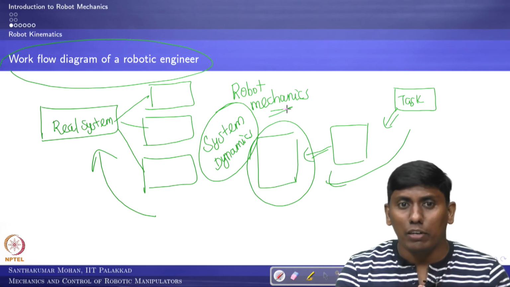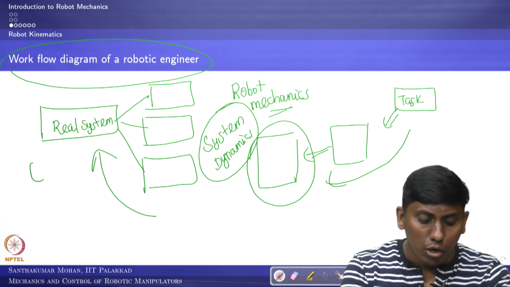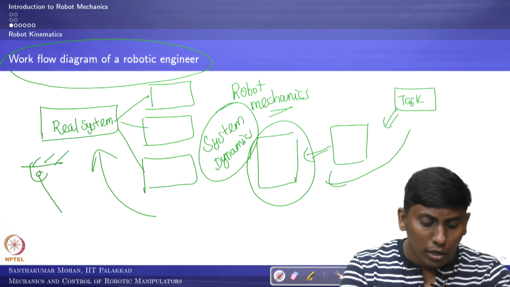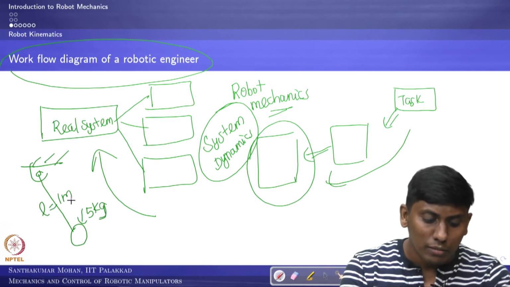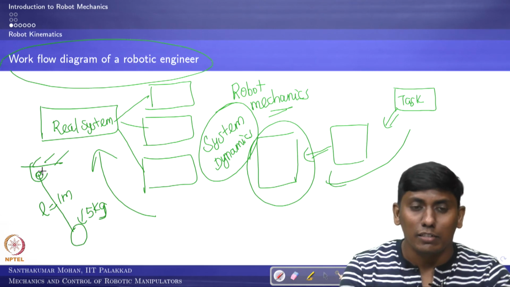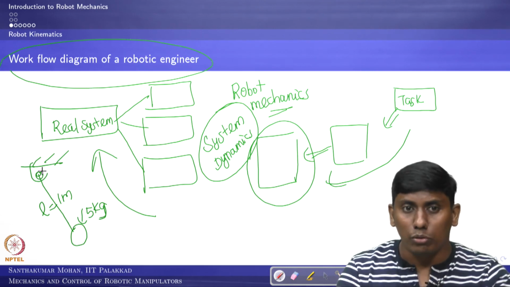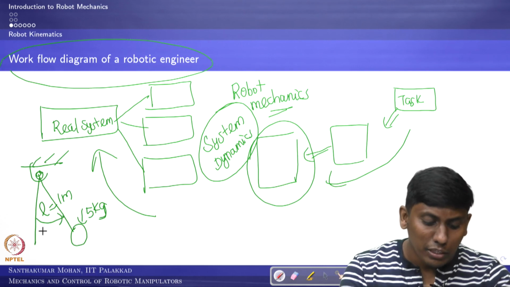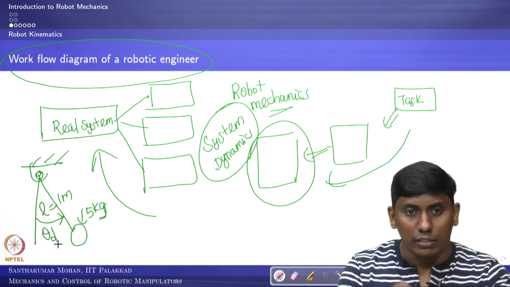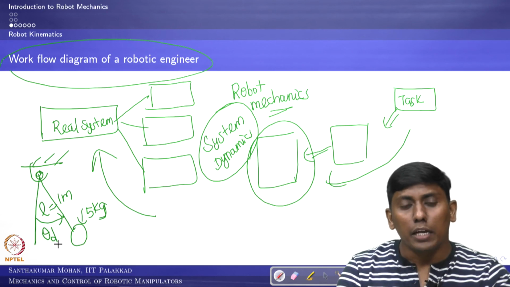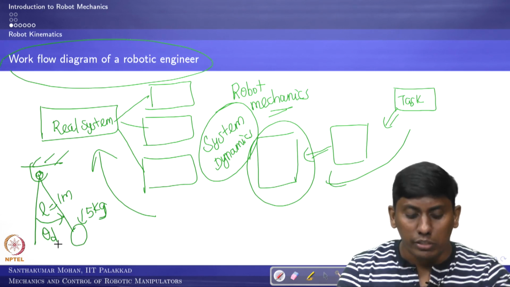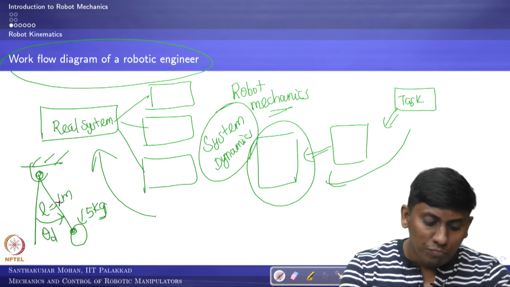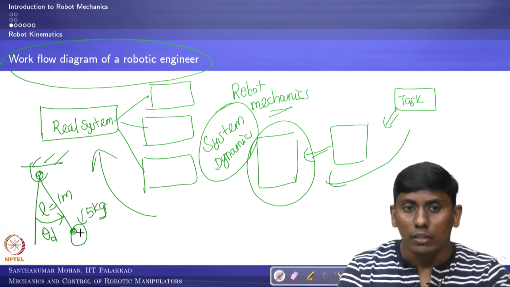I will give a very simple example and end this lecture. For example, I want you to make a simple pendulum which has a 5 kg bob weight and the length is 1 meter, and this should be motorized, in the sense it is a simple 1R rotary actuator. Whatever angle I give, it is supposed to be held as such even with the 5 kg load. If I ask you to fabricate it, you cannot glue the metal rod to the metal bob, right? So definitely you have to work out what is to be done here.